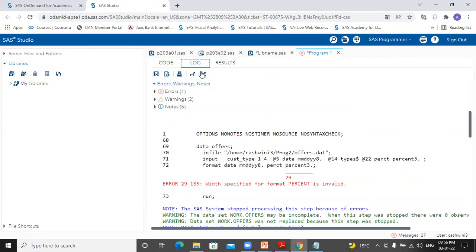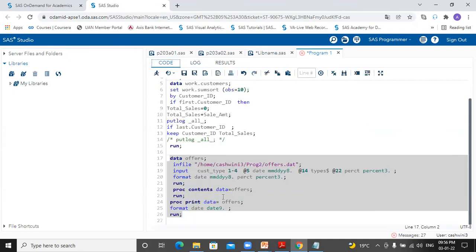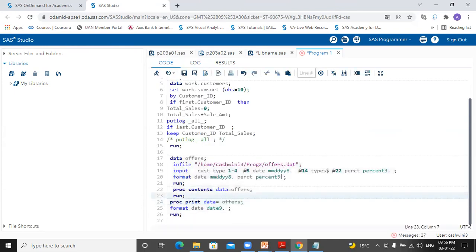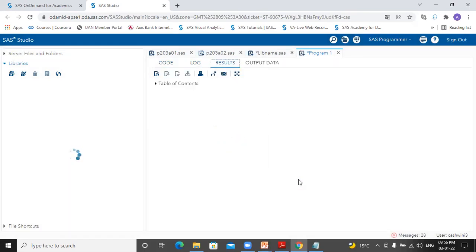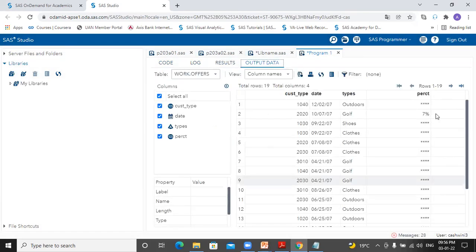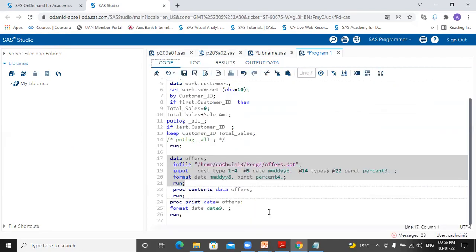So where we have percent 3 dot, or we apply it as 4 dot, let me check whether it's working to apply the format. The width was having some issue here, so I increased the width, but it is going to be too big. So let me apply percent 3 dot. It's not working, right?